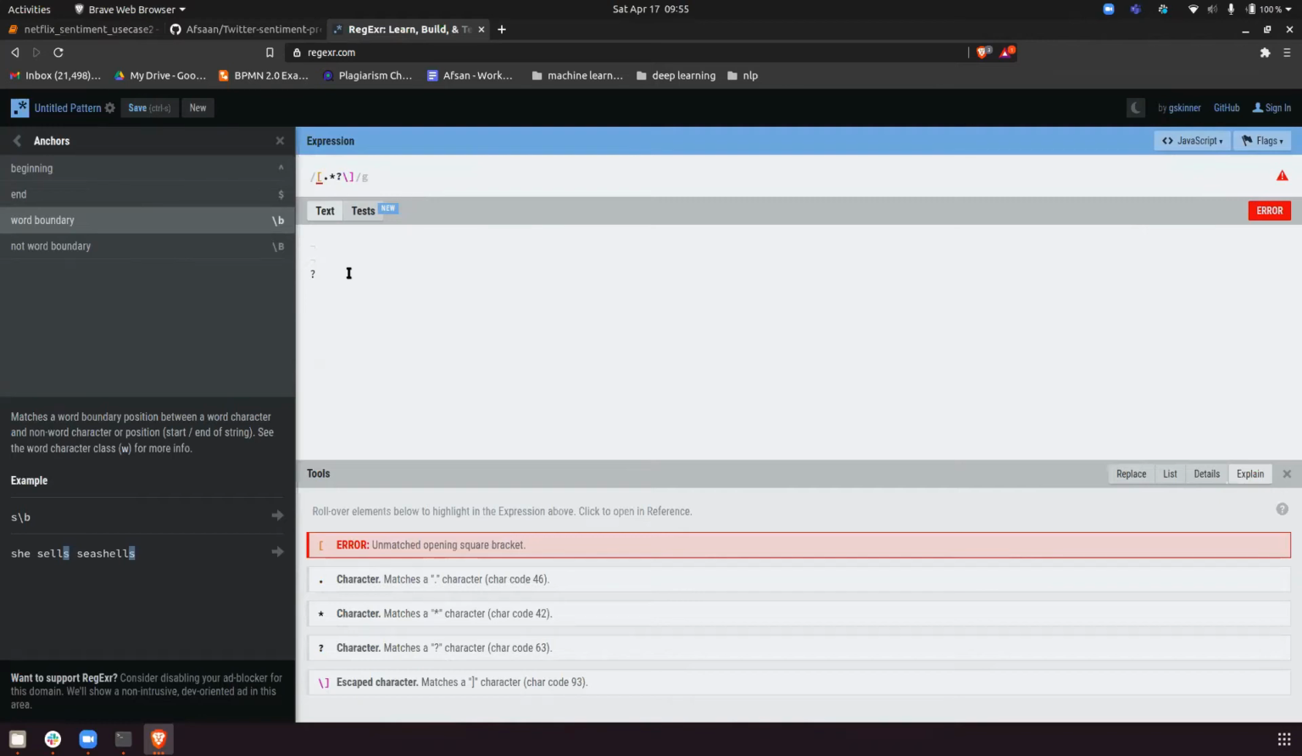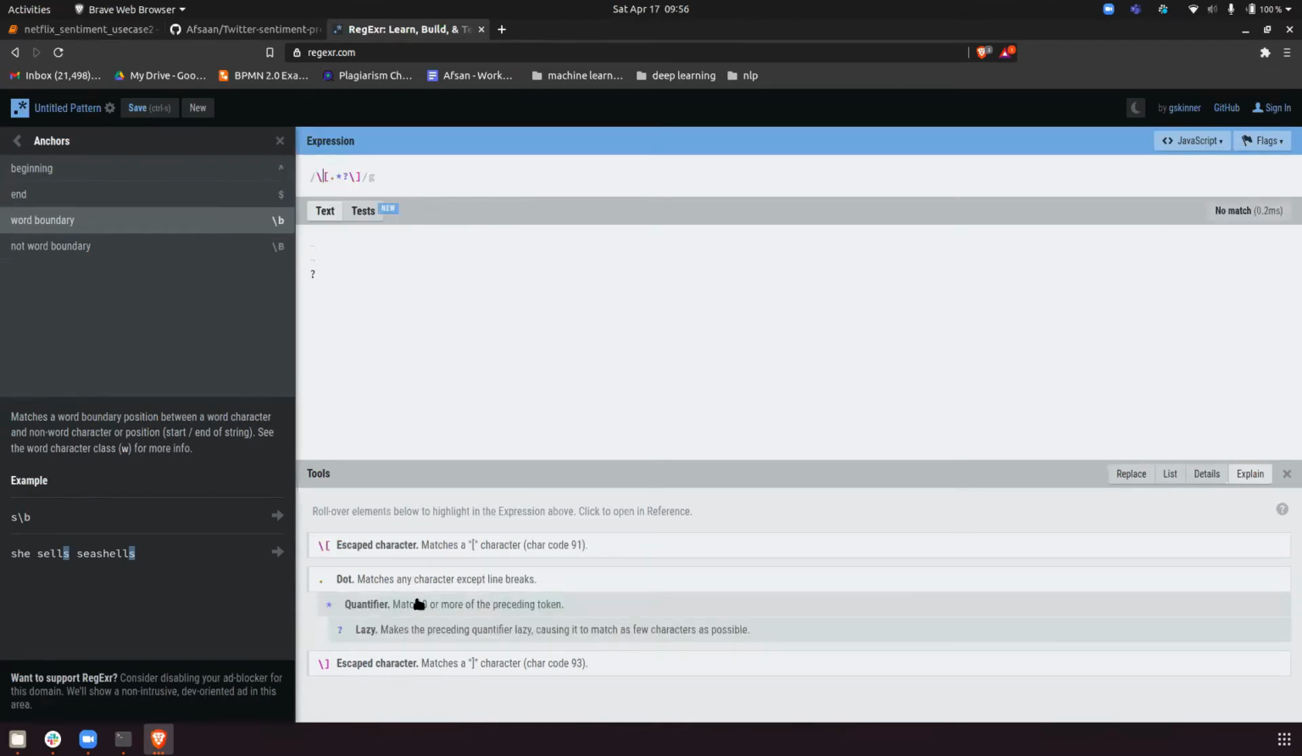Okay, so unmatched opening square bracket. Do you have a square bracket, right? Okay, what is this? So basically you have to use an escape character. The dot matches any characters with line breaks, question mark matches 0 or 1, makes the preceding qualifier optional. Escape character. So if you have a dot abc,